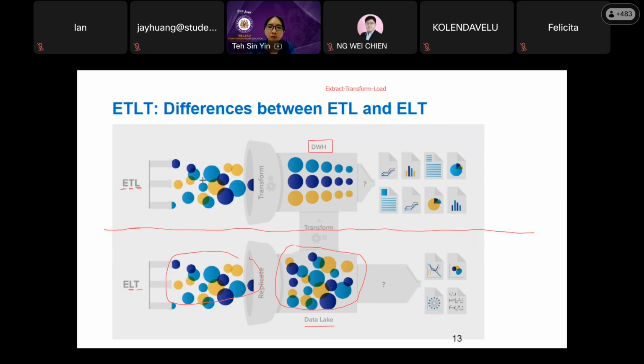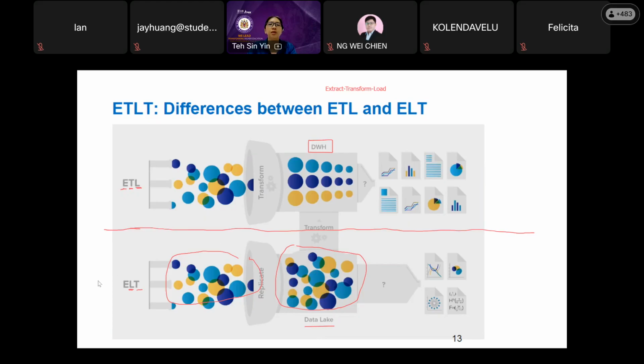So you see the differences between them. Both extract the data. For a data warehouse, you transform it into a structured way, and only then load the data for the analysis. For the data lake, after you extract it, you load everything, unstructured and semi-structured, into your data lake. You don't know whether you are going to use it later or not. You just keep everything first. Your thinking is, whatever I have, I keep it first. Sometimes more than half of the data, you actually will not use. Then when you want to use it, only then you do the transformation.